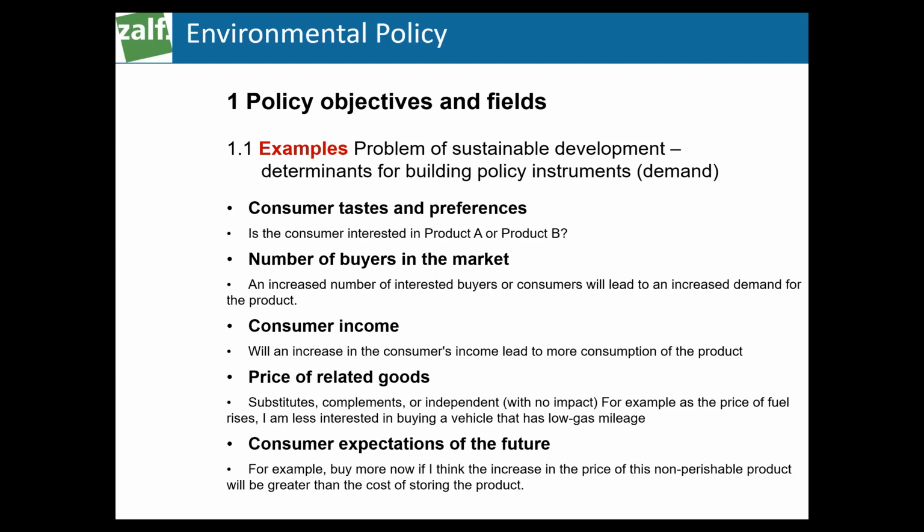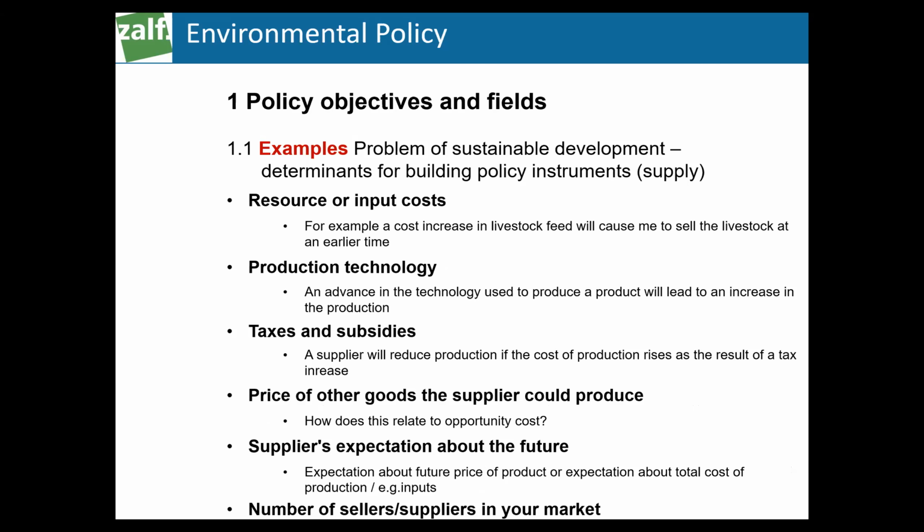And then the consumer expectations on the future, what consumers expect on the one hand side, what are the preferences, and so on. On the other side, on the supply side, you can of course play with input costs. You can increase the costs for fertilizers on the one hand side, then farmers use less fertilizers, then maybe less leaching into the water, and then also the cleaning costs are reduced as one example. And these causal chains are important.